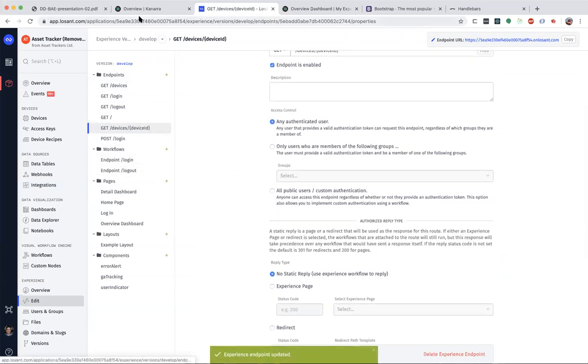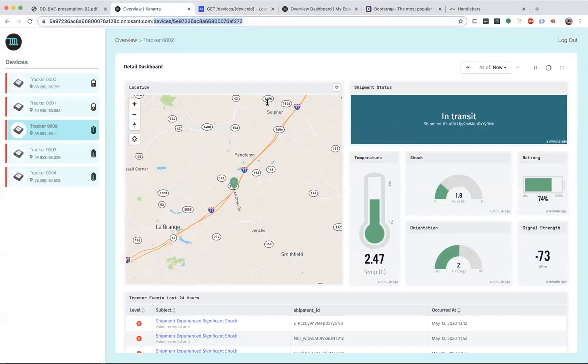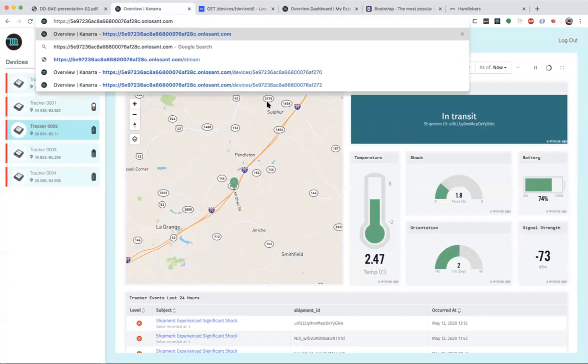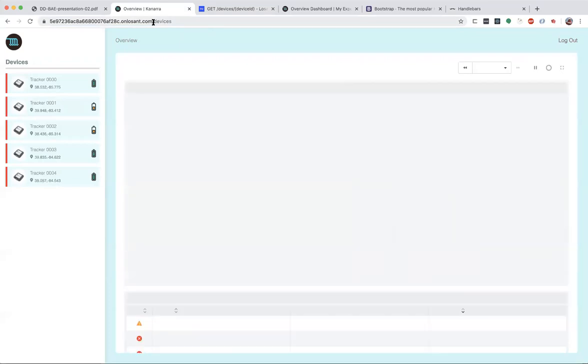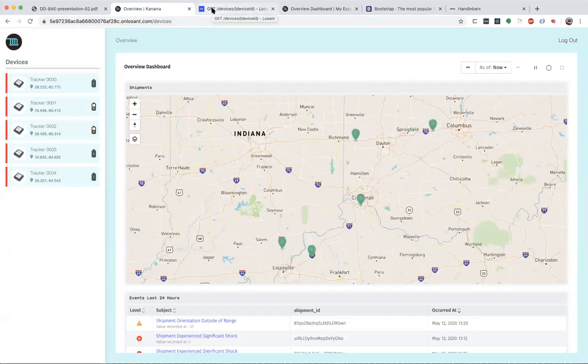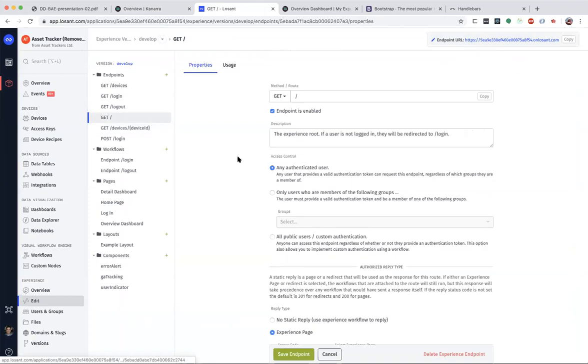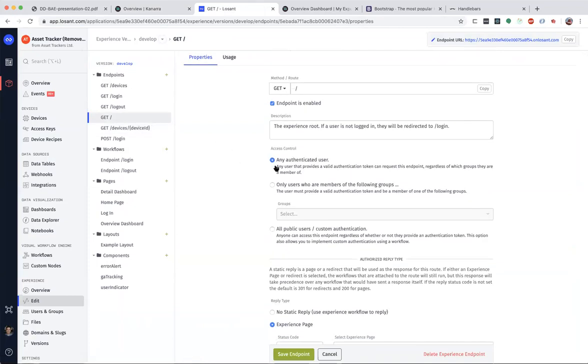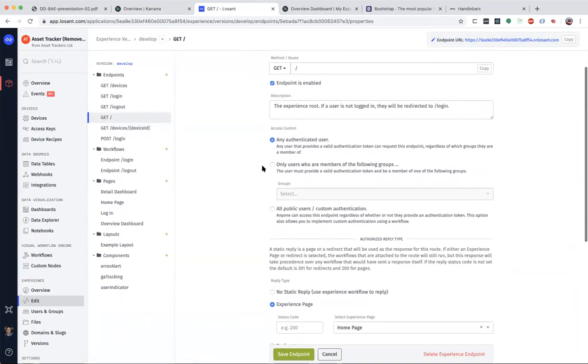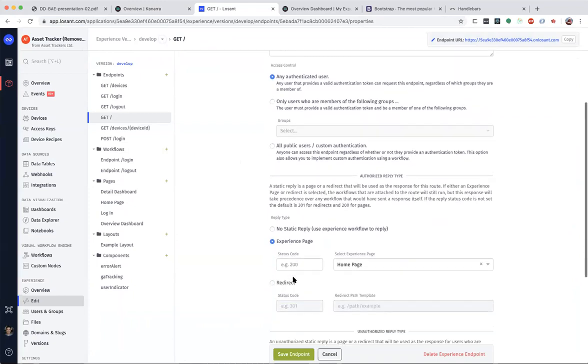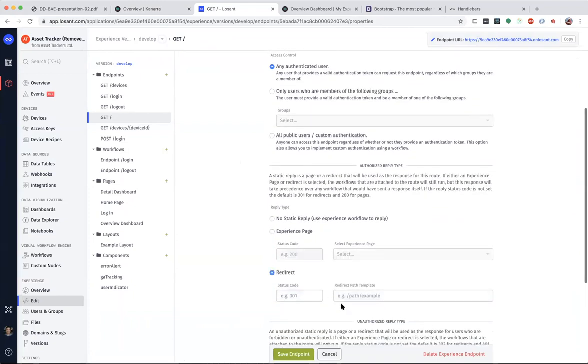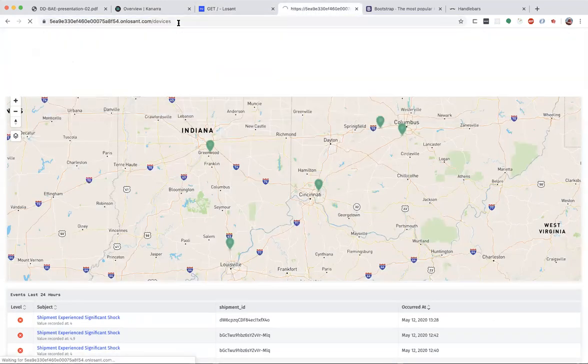And then while we're here, one thing that I didn't really touch on is that we are treating /devices as our home page. So you see how it redirects me to /devices. Let's do the same thing in our application here. For our home route, what I really want is the main home of my application to be the devices endpoint. Instead of rendering that home page, let's just redirect to /devices. Nothing too fancy there.